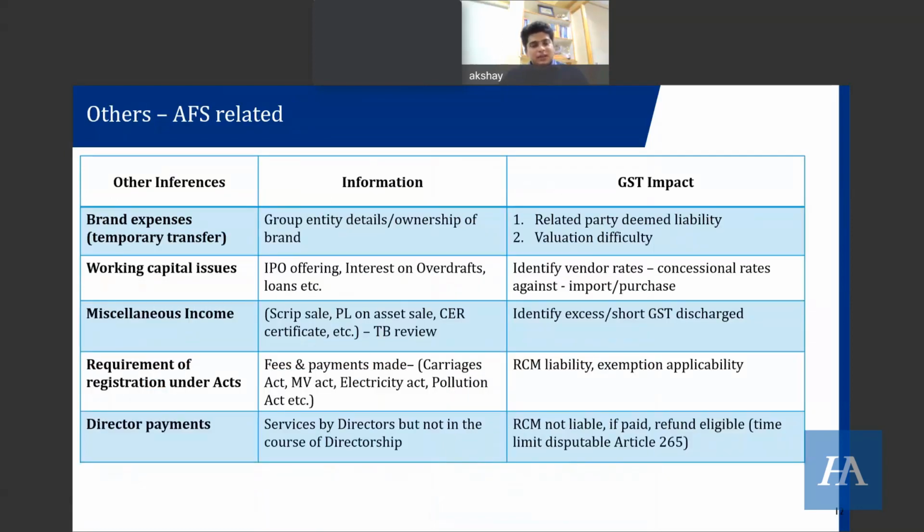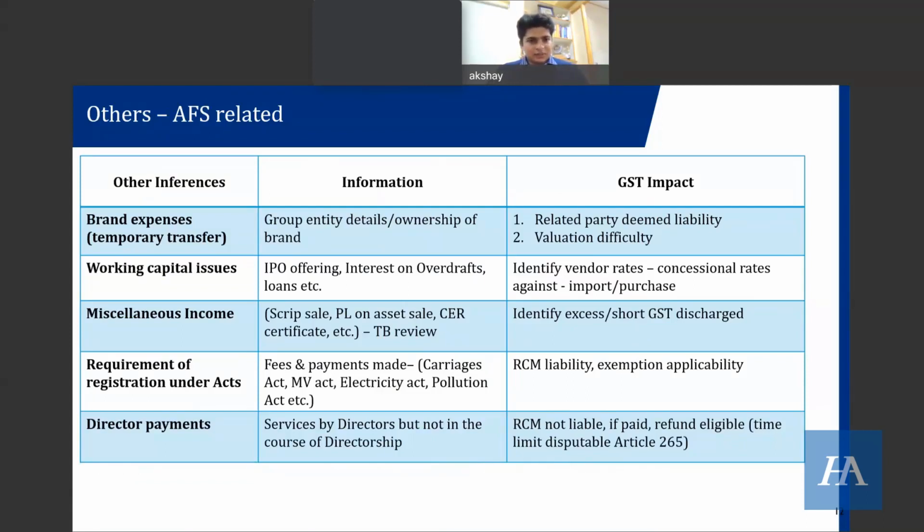Now we have completed the profit and loss instances. Please note I have not covered all of them due to paucity of time, but those were the important ones which would have to be considered. Coming to your other transactions or other details which may arise in the audited financial statements, from which we can